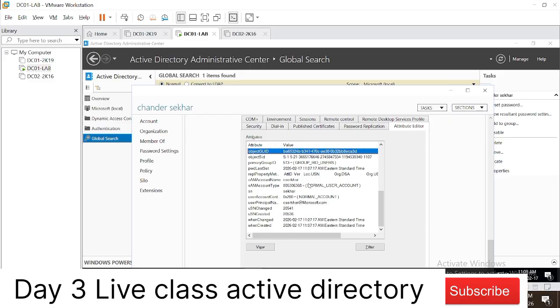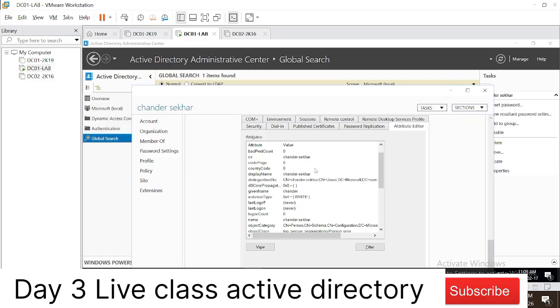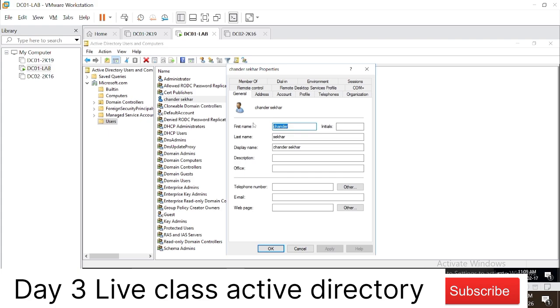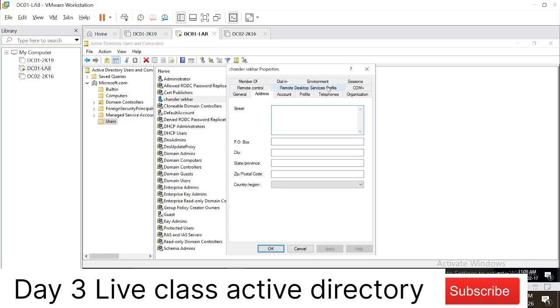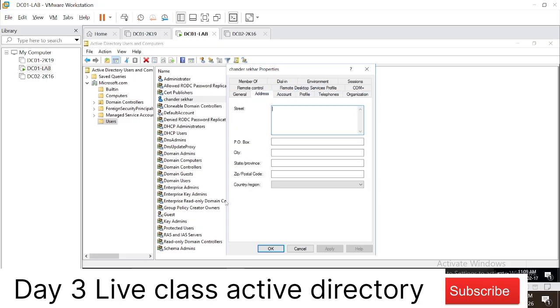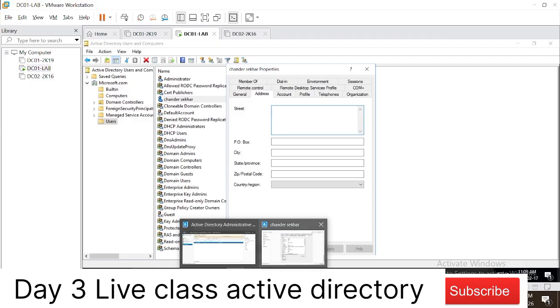So these are the attributes which get created with one user. But when we see in normal Active Directory, behind the scene, the normal admins can only see this much information: member of, dial in, because these are the daily basic things which we use at L1 level. Account details, like an Active Directory helpdesk person can change the account details, address, telephone number, organization. But when you go to L3 and above level and do troubleshooting, you need this information.